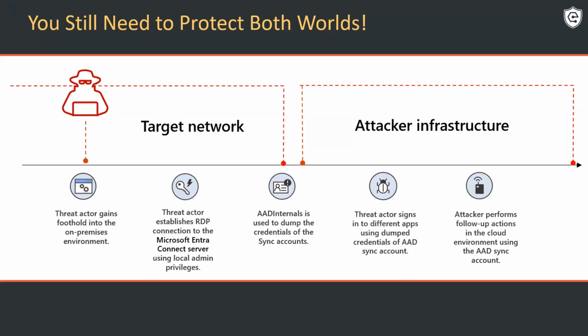If you've had Azure AD Connect set up for quite a while, you're probably using a highly privileged account. It's usually excluded from MFA. We're talking global admin levels of privileges. And so once they get that account, they're going to get into your cloud tenant and wreak havoc as well. We'll talk a little bit later about limiting blast radius, but I would also point out it can go in the other direction. Somebody that gets in your tenant can then use that information and those identities to get their way on-prem. So it really is important to protect both and to understand that if one's weak, the other one is weak, once again, due to the fact that they're both connected and syncing.